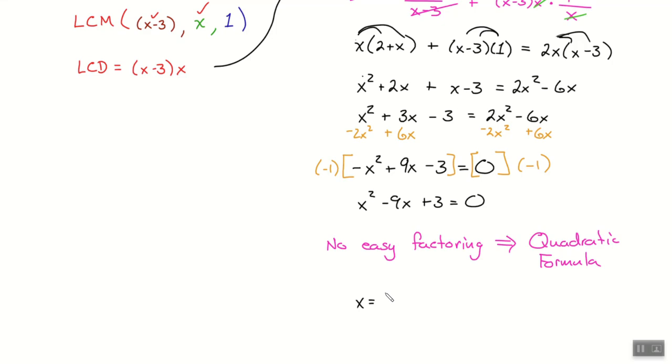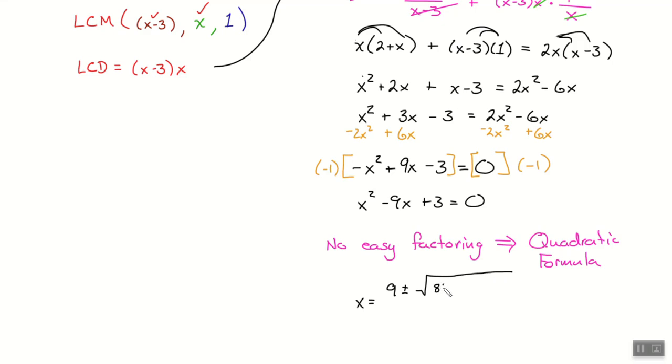Negative b plus or minus. So let's just work it out here. What's negative b going to be in our problem? I think it would be negative 9. So negative 9 is b right now, right? So what's negative 9? Good. 9 plus or minus the square root of